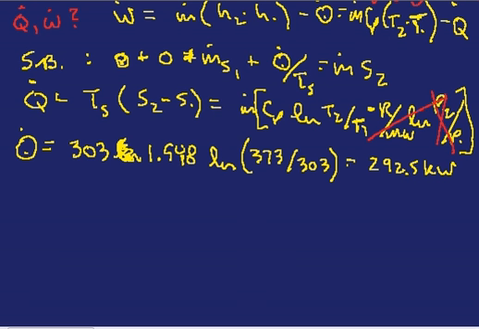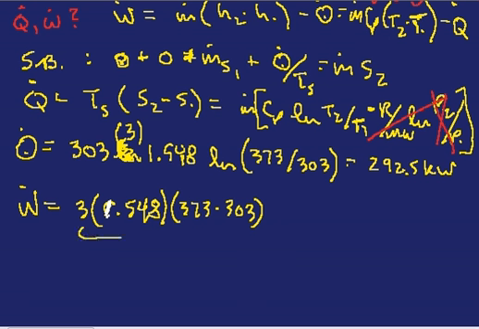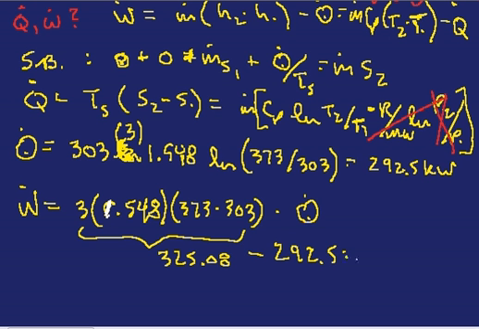Scroll down a little bit, and now we can put that back into our energy balance, and the work minimum is equal to, that was m dot 3. Oops, I was missing my 3 up here. There's a 3 in here, the mass flow up above. The 3 still comes out to the same result. The work is 3 times Cp, which is 1.548, times T2 minus T1, 373 minus 303, which, by the way, that's delta H times the mass flow, is 325.08, minus our heat, which was 292.5, and comes out with the minimum work that we had to do was